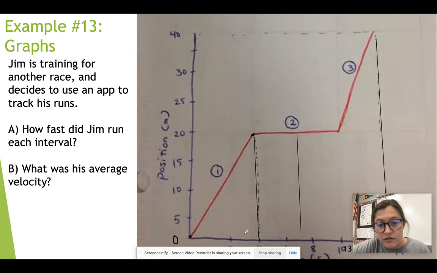start at a position of 0, time 0, and we reach a